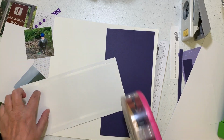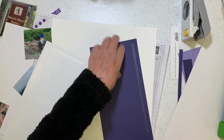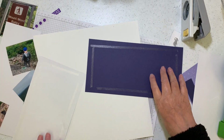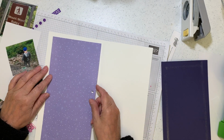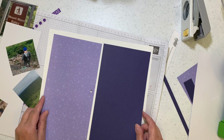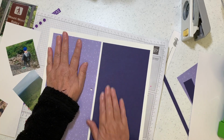So you might think, like, this is layout 28. How in the world could you think of something else to do? Well, I find that the more layouts that you do, the more inspired you get. And I also have what I call my go-to layouts. So when I start making a bunch of layouts like this, especially at a crop, I'll be like, okay, I